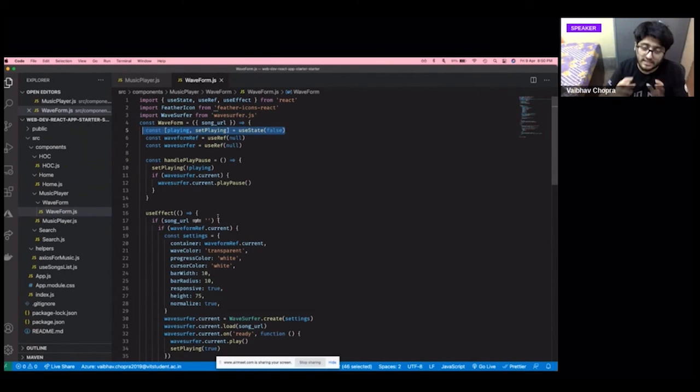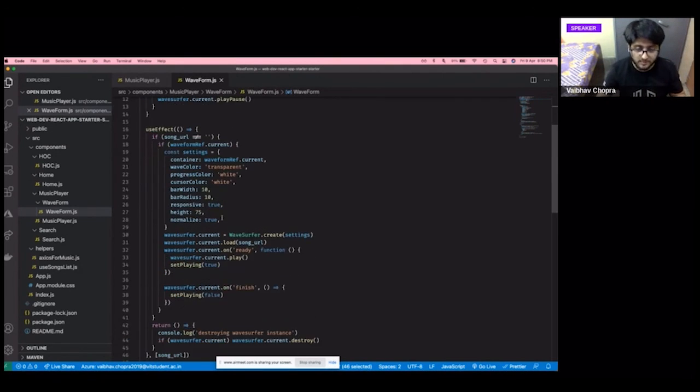You can't control WaveSurfer properly using reactive variables because it's not that well integrated into React. So you have to write the logic separately for WaveSurfer using useRef, and control the rest of the bits, like this play-pause button at the bottom, which is a proper React component.